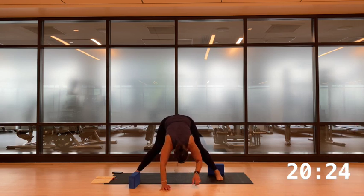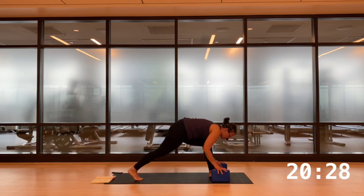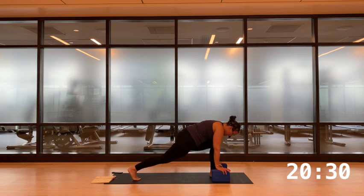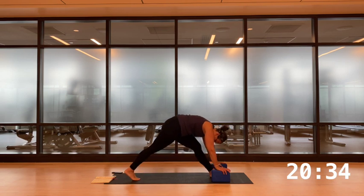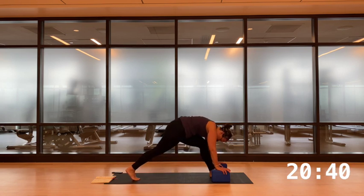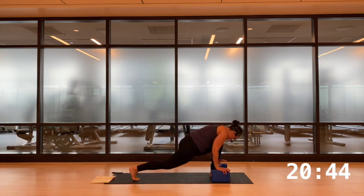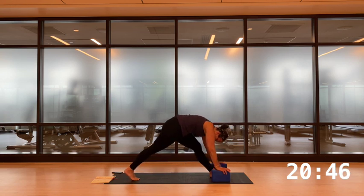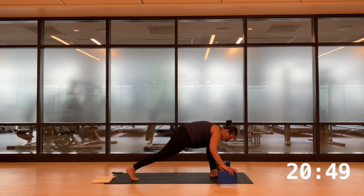And then let's walk our hands over to that left foot. So you're coming back into that runner's lunge. Bend deep in the knee here. And then pull it back. Bend deep. Pull it back. One more time like that. Bend deep. And pull it back. This time as you come deep, you're gonna move those blocks out of the way,